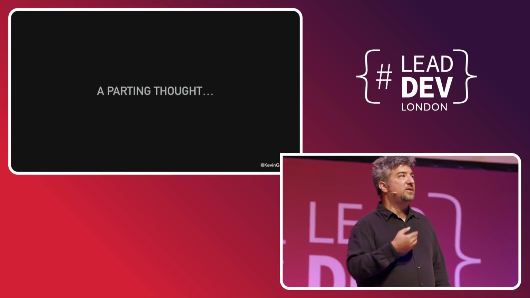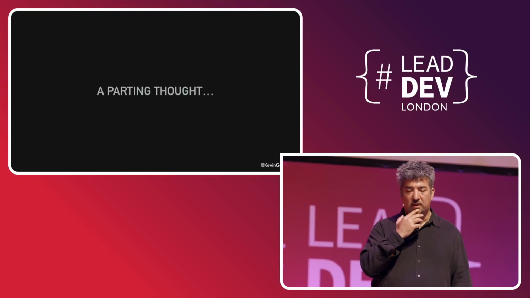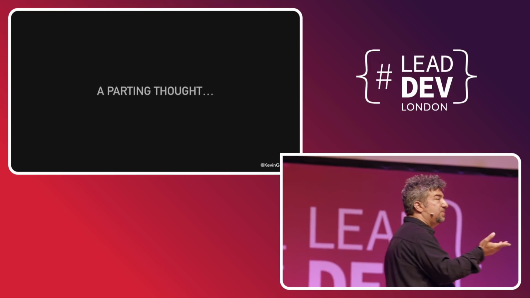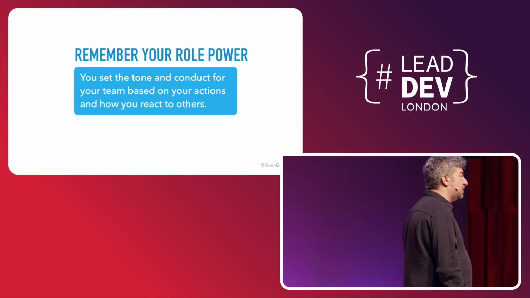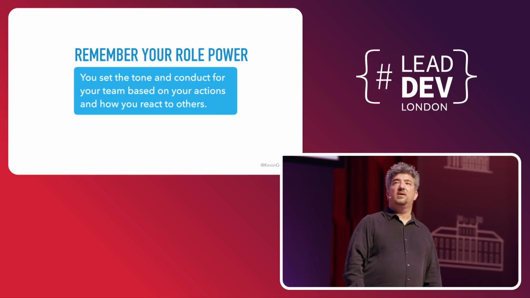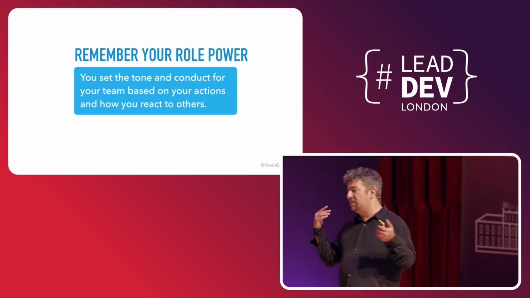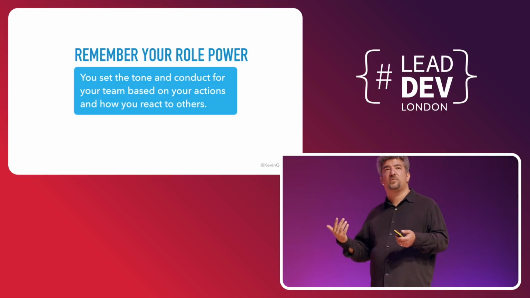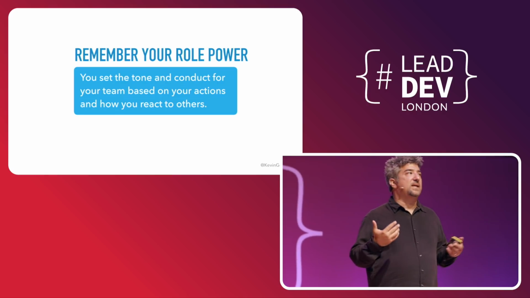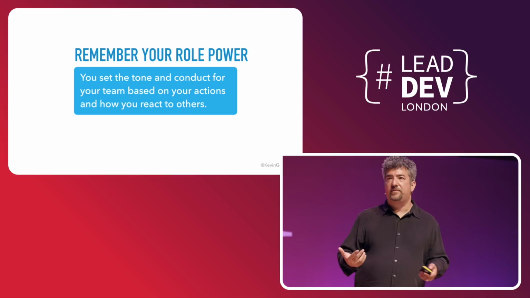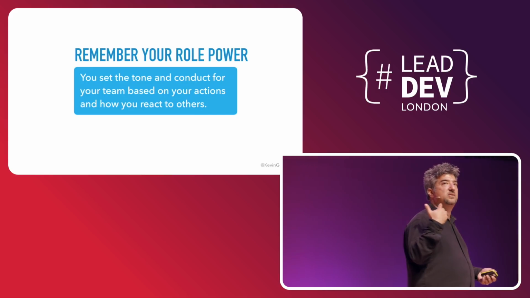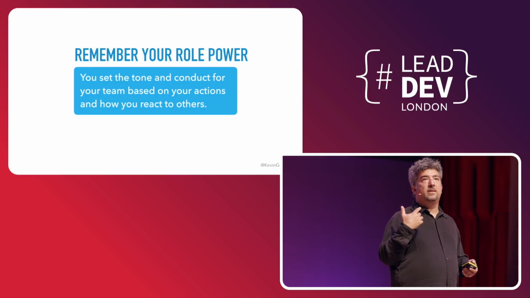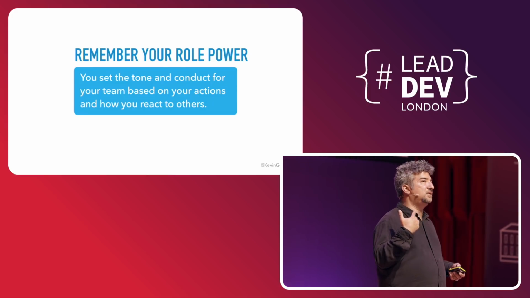I'm going to leave you with a final thought. I talked about positional authority. I want to talk just real quick before we go about role power. Again, the awesome part of us in these roles is that we can help people. We can make their lives better. There's the loneliness that Christian talked about, the loneliness of leadership. That's an unfortunate part of it as well.